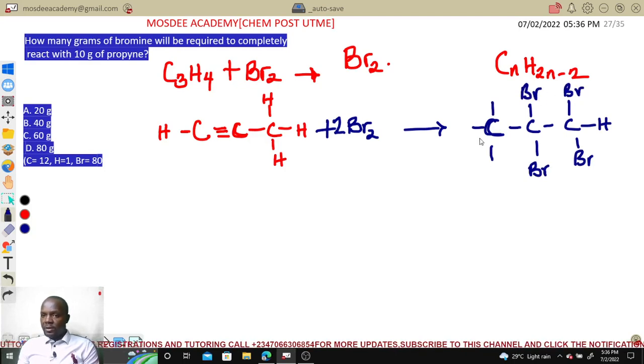As you can see, it should be 1, 1, 2, 2 if you want to name it, which I don't need the name. So just for you to see the product that is going to be formed. So the product that is being formed here,